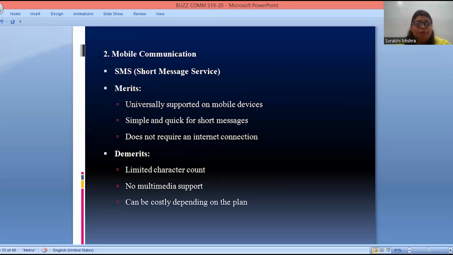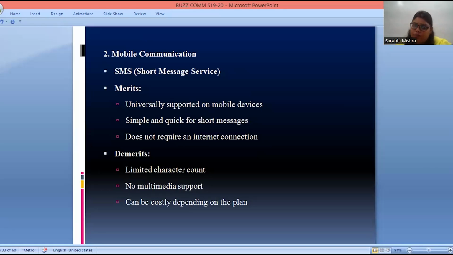It is simple and quick for short messages. It doesn't require an internet connection, right? So if you don't have any internet connection, you must have a recharge on your mobile phone so that SMS works, right? The demerit here is the limited character count, like only a limited number of words can be used in one text.